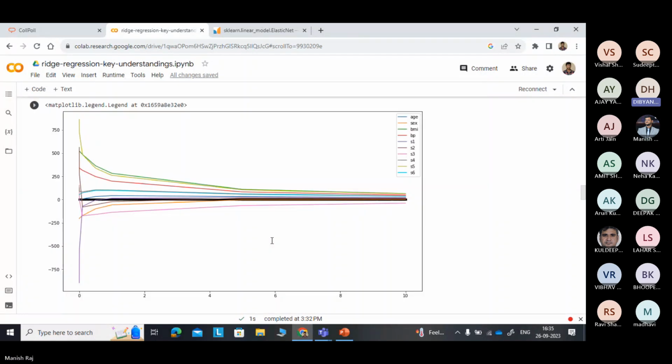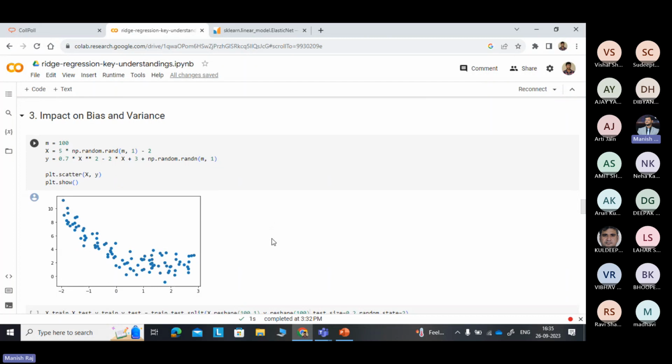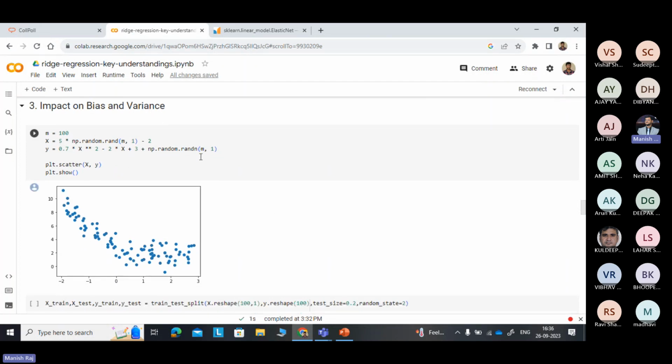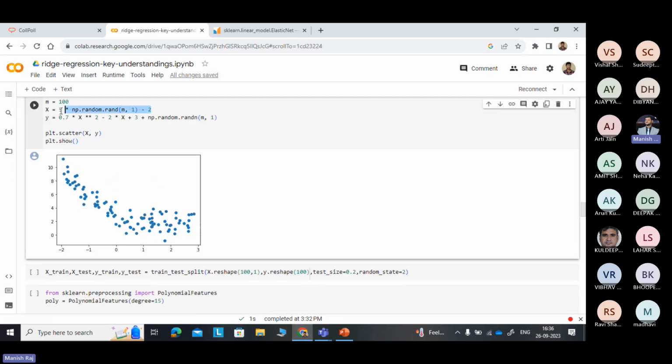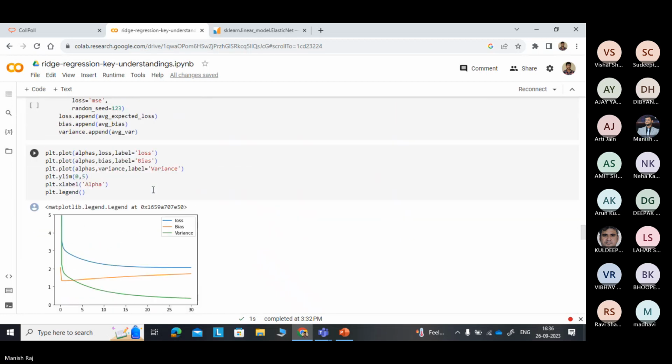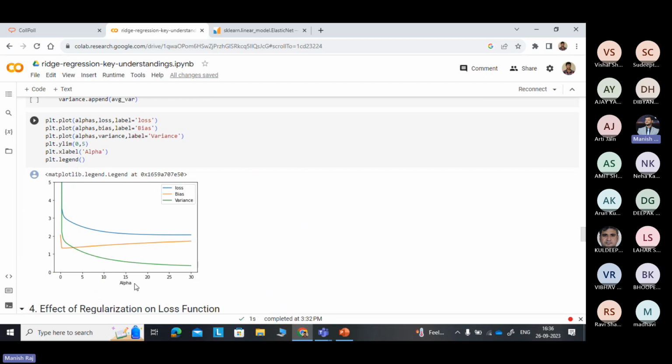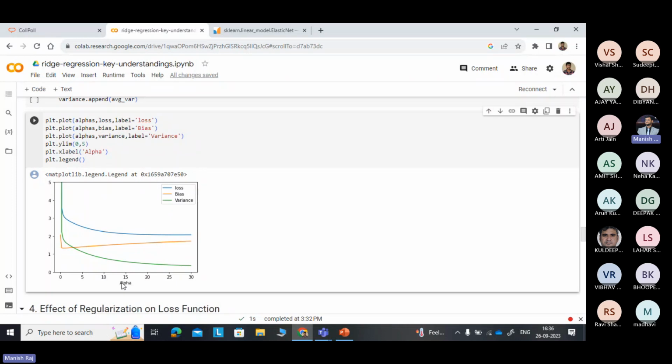ओके, नाउ अब मैं इम्पैक्ट, बायस और वेरिएंस पे भी, इम्पैक्ट जो अभी मैंने बताया उसको भी ग्राफ से शो करना चाहता था। तो एक रैंडम डेटा जनरेट किया है, इस इक्वेशन से मैंने एक रैंडम डेटा जनरेट कर लिया। ठीक है, ऑन द बेसिस ऑफ दैट अब मैं क्या कर रहा हूं, यहाँ अल्फा नहीं है, यहाँ पे ये एम की वैल्यू है। अल्फा यहाँ गलती से लिख गया है, यहाँ अल्फा लिख दिया एक्स पे, इसलिए यहाँ पे अभी मैंने पूरा कोड रन नहीं किया तो दोबारा नहीं कर रहा, नहीं तो वो चला जाएगा शायद।